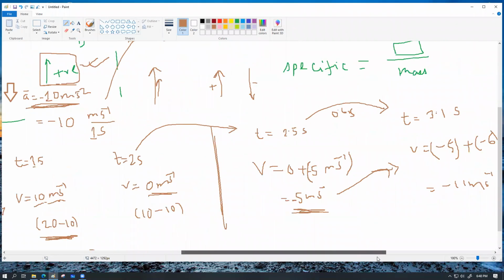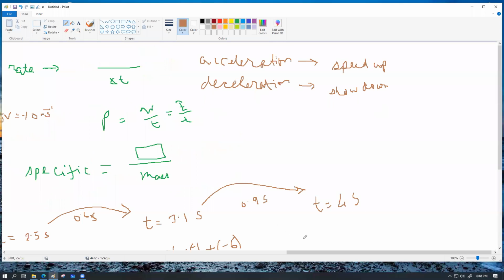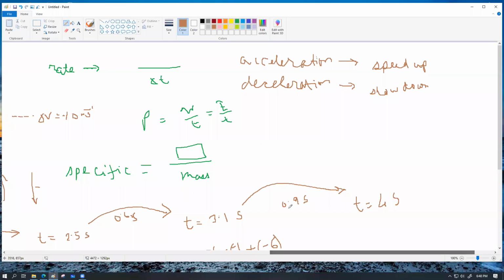So if I try to find out the total distance covered after t equals 4 seconds, which is double of 2 seconds, then how much should I get? Now have a look. From here to here, how much is the change? How much time has elapsed from this time instance to this time instance? 0.9 second. Beautiful. Nice. And this 0.9 second will bring about a change of how much? If you look at this equation,